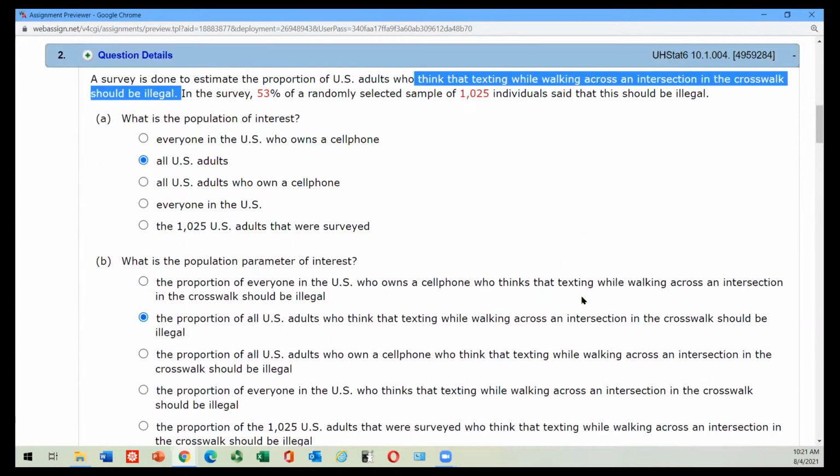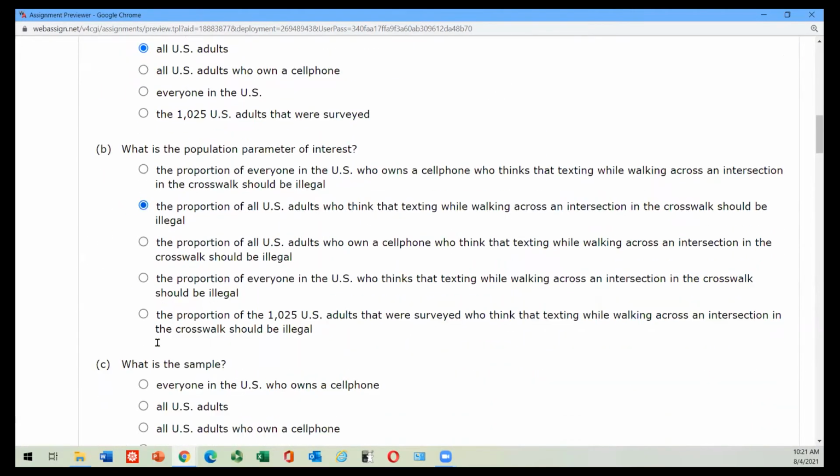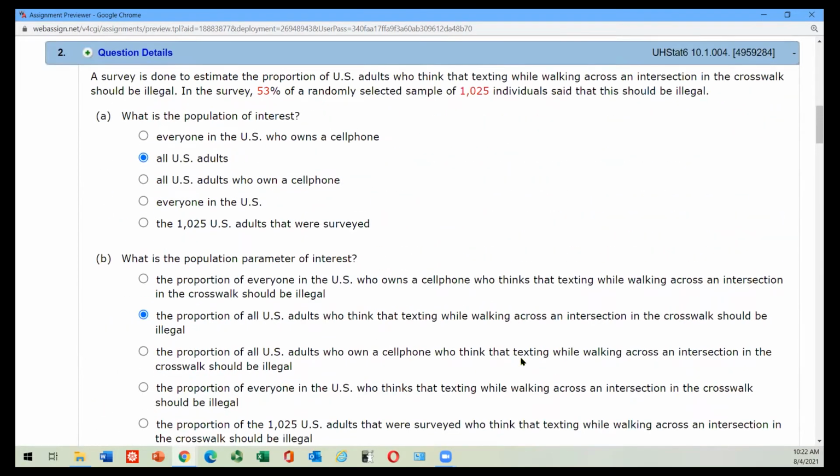Now, what is the sample here? If we look at the top here, the sample is that. So far, so good. Now, the last one is a number or a fraction, and it says, what is the value of the sample statistic? Well,